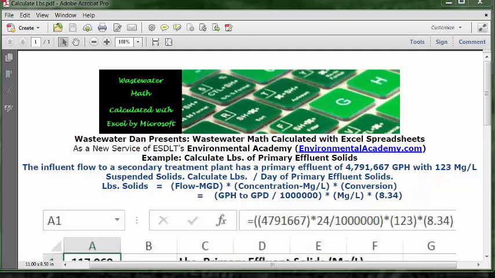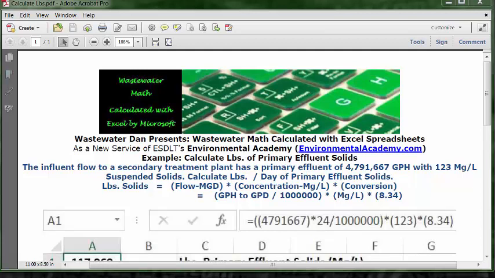So this is a poundage calculation using the waste stream version of the formula. The waste stream version requires 3 elements in the formula: a fixed element for the conversion factor from gallons to pounds, and 2 variable elements. In this case, the concentration goes in as parts per million or milligrams per liter from lab results, and the